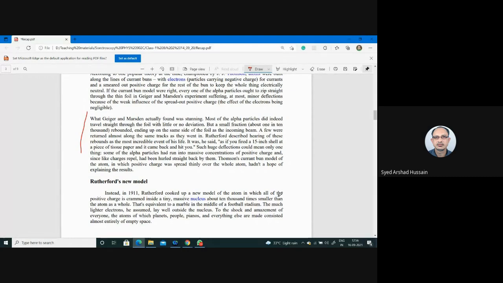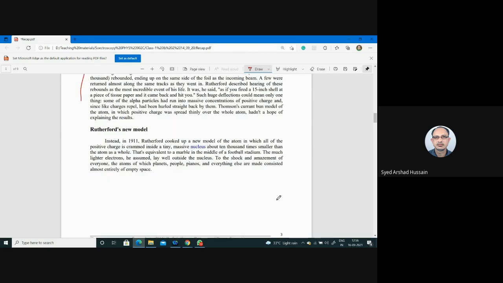So if it is spread, then why does a small part of the incident radiation get rebounded or come back? This is one issue, and it gives some kind of confusion. So they started analyzing why this happened. Based on these experiments, Rutherford in 1911 gave a model to describe the atomic structure